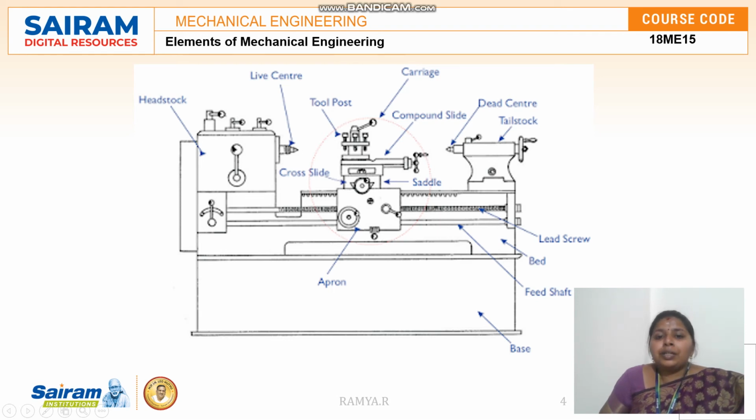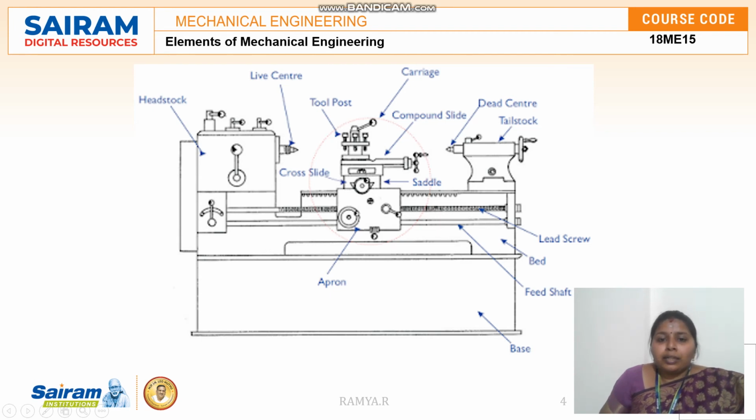The next comes the carriage. The carriage is an important component where it holds the tool. The major purpose of this carriage is to hold the tool and also to move the tool according to the position of the workpiece. There are seven major parts. It consists of an apron. It consists of hand levers which help in moving the tool near the workpiece.